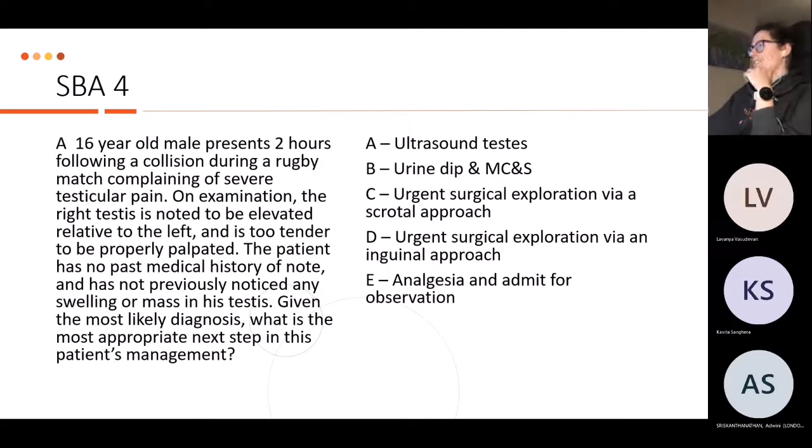Okay, very fun. We've got 50-50 on the right general answer. So the answer here is C. Okay, I can show the correct answer. There we go. So hopefully you clearly identified this as testicular torsion, or it sounds enough like testicular torsion that we want to jump to surgical exploration.